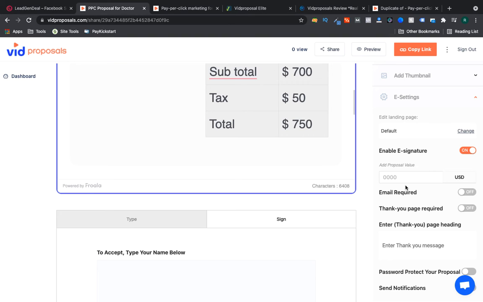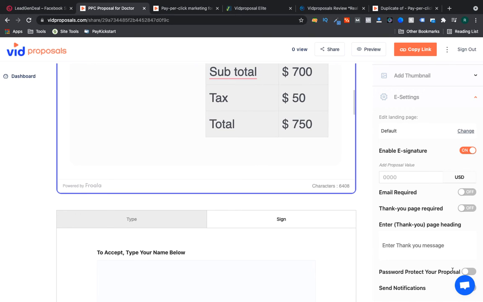Usually what happens right now is that if you send a proposal by mail, in a PDF, the client takes it out and prints it, then signs off the proposal and sends it back to you. That is quite a lengthy process. If you are providing e-signatures, that can be a real game changer for your business. You can sign off clients fast, so you can also take the cash flow fast.